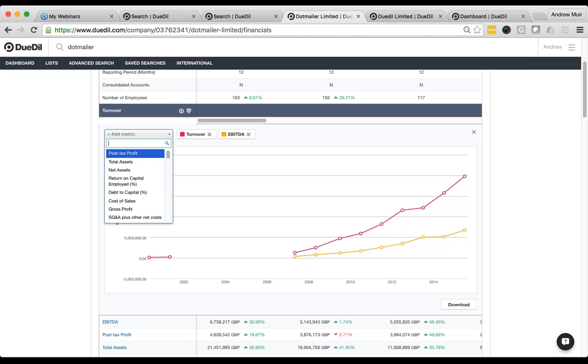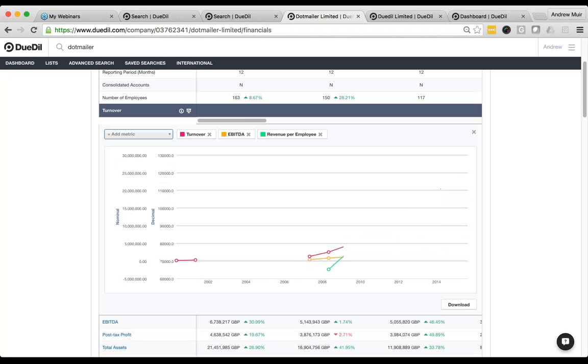We can check whether they are getting more efficient. We can select revenue per employee and graph it to compare. And the revenue per employee is booming. That's a great sign. Not only is this company growing and cash rich, which we know because we selected it this way in the first place, it has more employees, but not to the point that it's less efficient. It's actually more and more efficient as it grows, and the EBITDA is very solid.